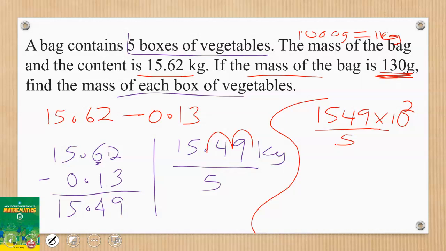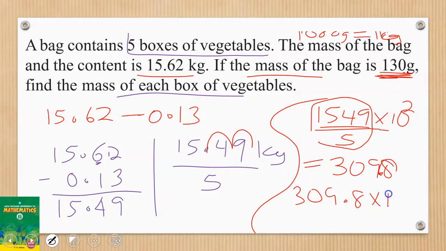To divide a number by 5 is very easy. We've learned it in basic 7. If you go back to basic 7, I taught how we can multiply a number by 5 or divide by 5 with ease. All you need to do is pick the number and double it and move the decimal point backwards once. Now if I double 1549, the answer will be 3098. Then the decimal point is moved backwards once. And so the answer for this division alone is